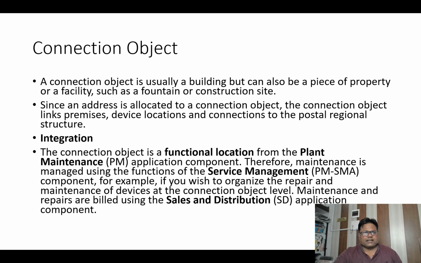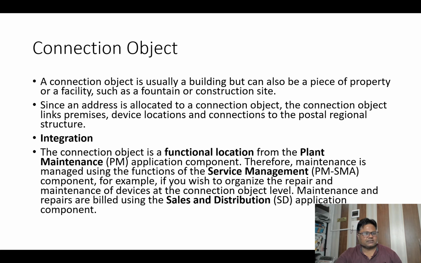We will discuss the connection object. The connection object is your technical master data. It is usually a building, but can also be a piece of property or a facility, such as a fountain or construction site. Since an address is allocated to a connection object, the connection object links premises, device locations, and connections to the